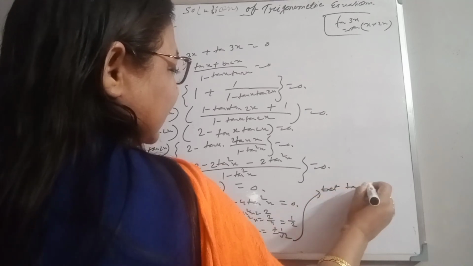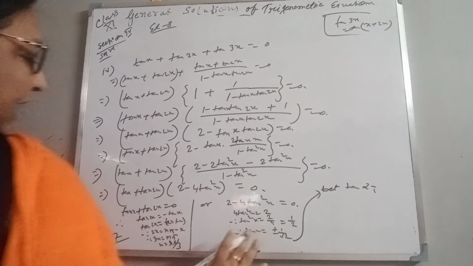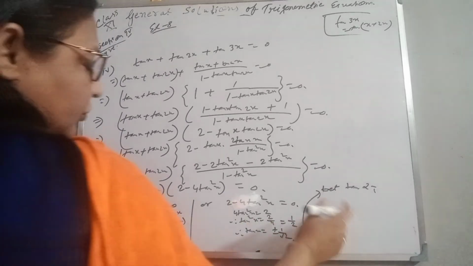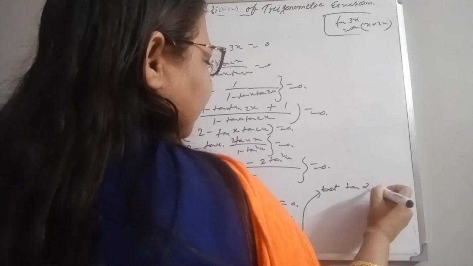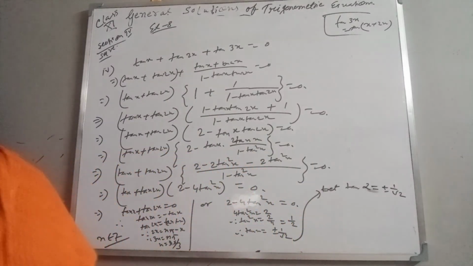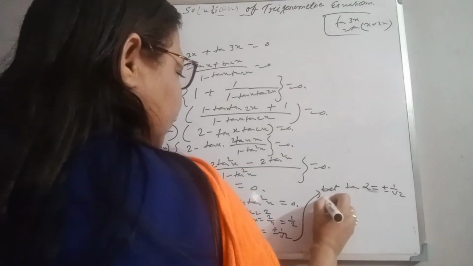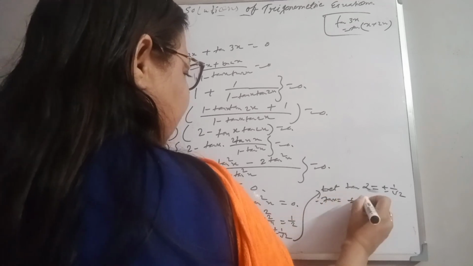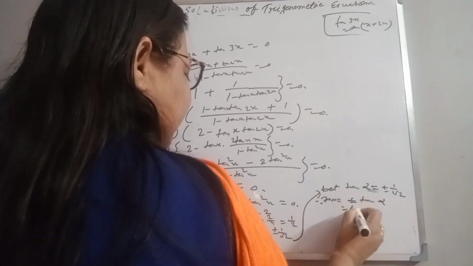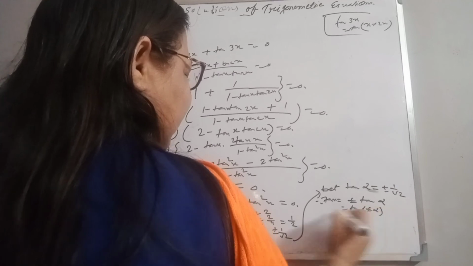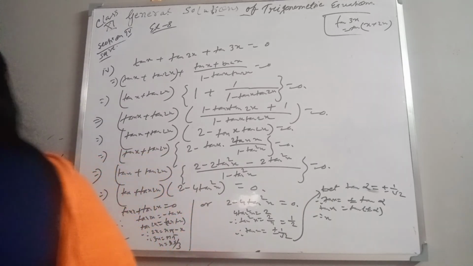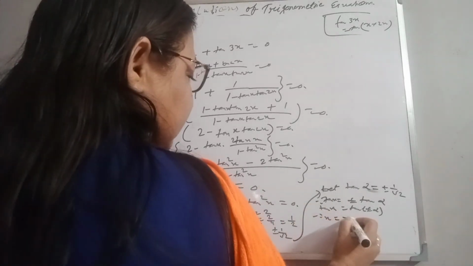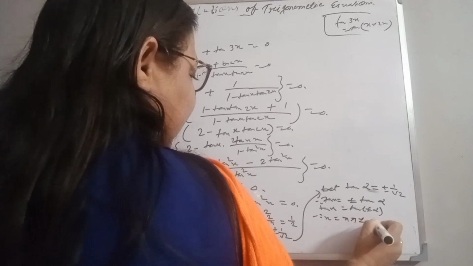So let us take, we have to equate this in terms of tan theta equals to tan alpha. So let us take tan alpha is equal to plus minus 1 by root 2. So when tan x equals to plus minus, therefore we get tan x equal to plus minus tan alpha. That means tan plus minus alpha, that is equals to tan x. So tan theta equals to tan alpha means theta equals to n pi plus minus alpha. So x is equal to n pi plus minus alpha.